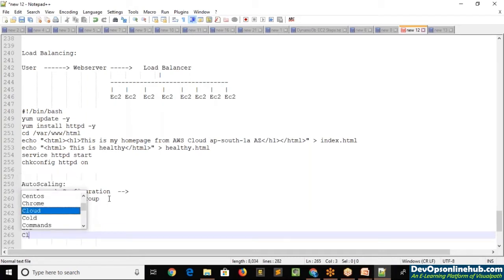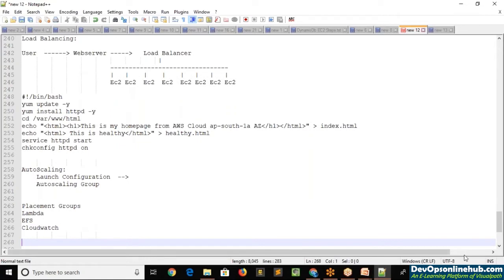Next, these are the four topics yet remaining in the EC2 section. So quickly going to the very first one, the placement groups. I'll open up a slide on the placement groups. This is a little theoretical part. I don't have any practical section on the placement groups, but it's really good to understand what placement groups actually do.